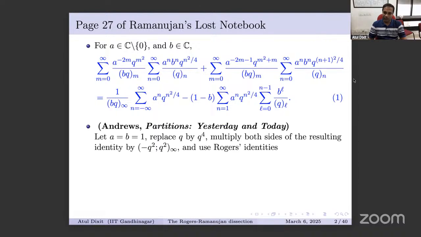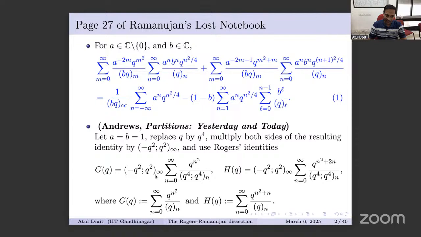But if I multiply throughout by (-q^2; q^2)_infinity, then there is an identity of Rogers which gives us back, see, this was the sum that we get from here. And if I multiply by (-q^2; q^2)_infinity, I'm going to get back G(q). So this becomes G(q) in this process, and this becomes G(q^4). Similarly, this becomes H(q), the second Rogers-Ramanujan function, and this becomes H(q^4). Of course, b is equal to 1, so this thing just vanishes. And what you get from here is